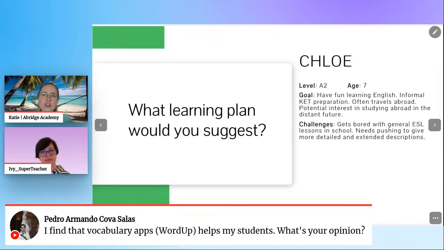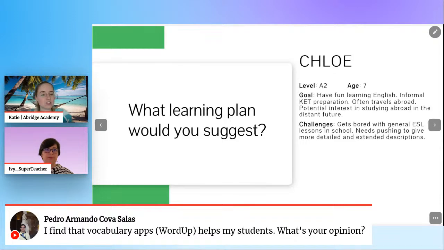There used to be a really good app called Memrise, which was for vocab learning. It was amazing. It was the best thing ever. I used to make custom vocab lists for all of my students, and it was a kind of spaced repetition gamified learning quiz app for learning vocab. Amazing. And then they changed it to some weird version of Duolingo, scrapped the ability to create your own quizzes, and completely tanked the app, and now it's rubbish, so don't use it. But that was one I used to really recommend because you could create custom lists. So depending on what you taught the student that lesson, you could then add it to the student's deck.